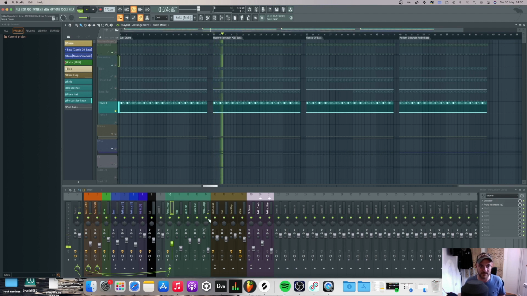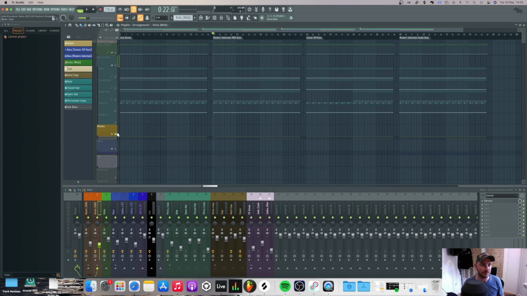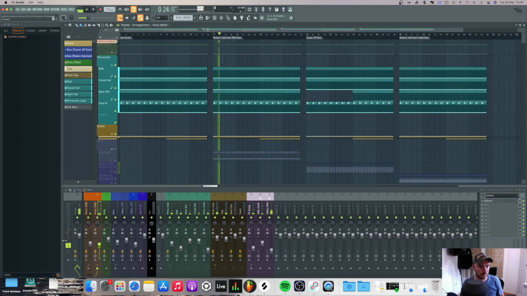The percussive loop, for instance, goes there into the percussive loop. So next I want to talk about the sends, because there's a reverb and also a saturation on these drum sounds. So if I play just the drums, it's a really light reverb there using Fruity Reverb 2 and also a saturation,